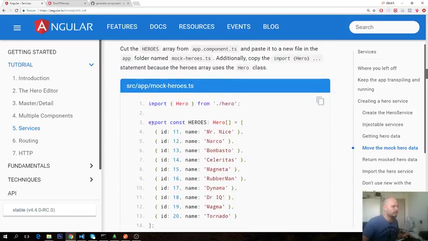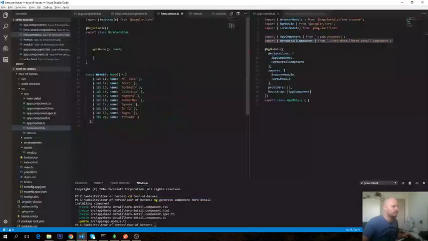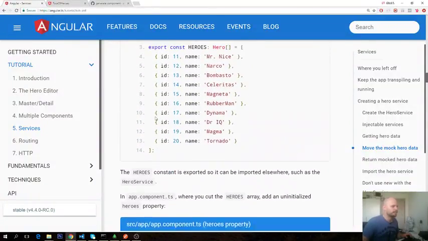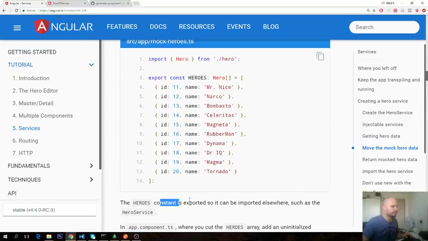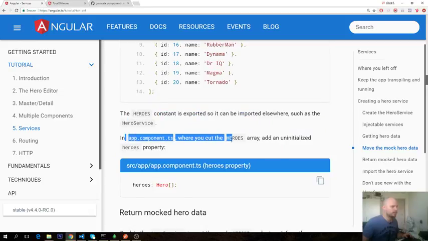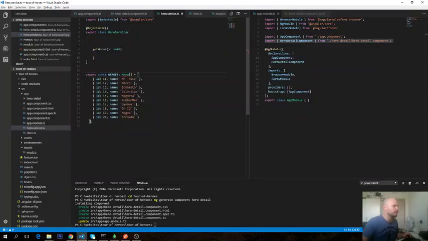Alright, we need to export. Export the heroes constant, so it can be imported by the hero service in the component. We cut the hero array and property. So heroes, hero array,